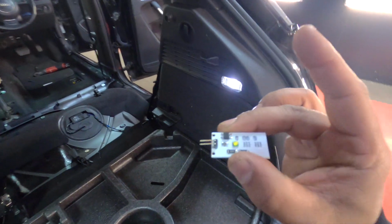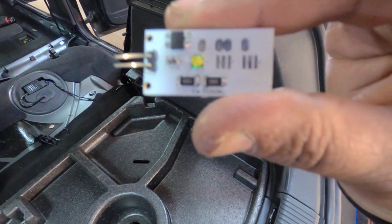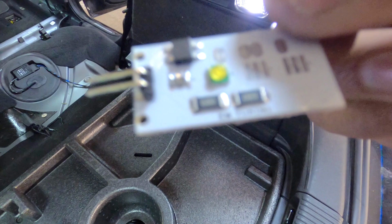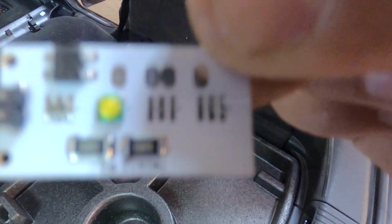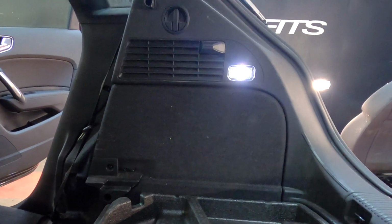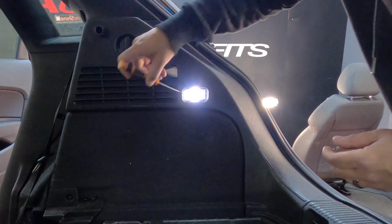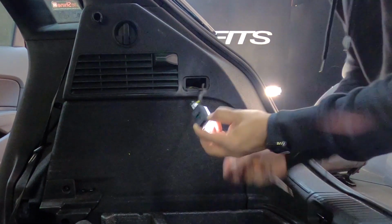So here is the LED itself. Now it's just one single LED on the board, and I don't know if the camera's picking it up, but right at the bottom there, it does actually say EM Tuning on it. It's quite hard to pick up on this sort of focus. But this is a straight direct replacement for that one. And if I just prop the camera down, I'll show you guys how easy it is to replace this bulb out. I literally just remove the old bulb by taking out the bulb holder,